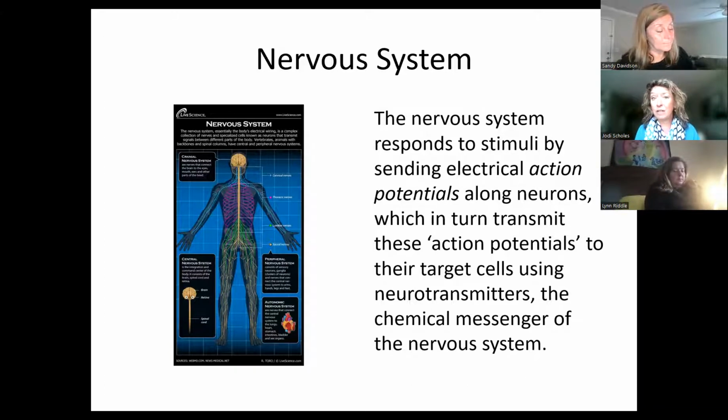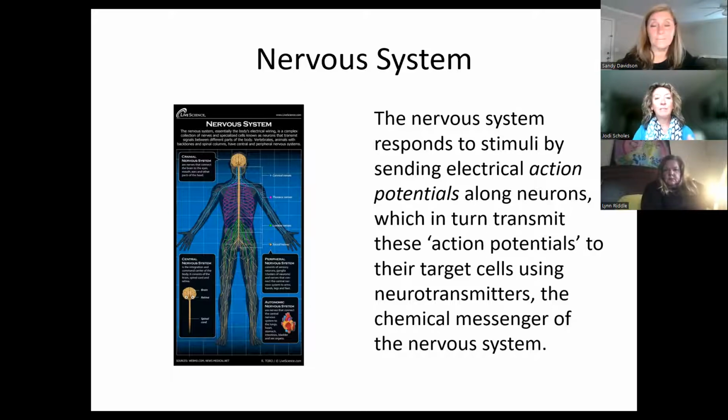Then those electrical pulses, the neurons, go find the neurotransmitters. So almost like old-fashioned cell service. Or actually, almost like TV back in the day, running through wires, getting to the substation. They're looking for those neurotransmitters, which are the chemical messengers of your nervous system. Brief anatomy on the nervous system, okay?